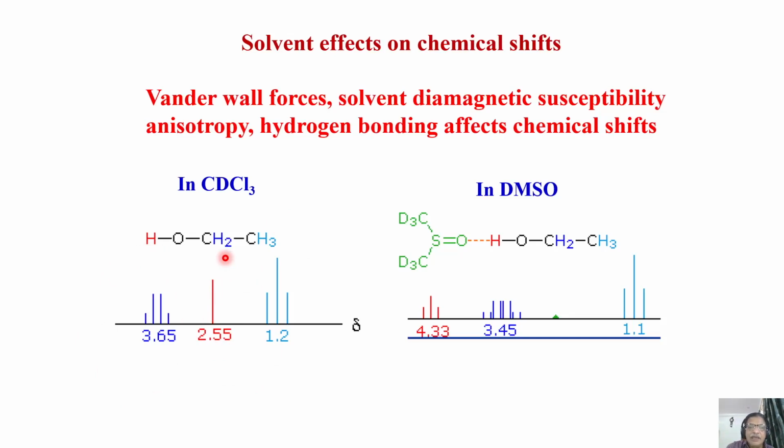What happens if we take the same molecule in a different solvent, that is DMSO? See, what is happening is this SO group of DMSO starts forming a hydrogen bond with the OH group. Okay, it is intermolecular between two different molecules. The SO group of DMSO and the OH of this start forming a sort of hydrogen bond. And as a consequence, you will see a different type of thing. What is happening here? Remember, for this and this, the spectrum is the same, but you will see an additional effect.